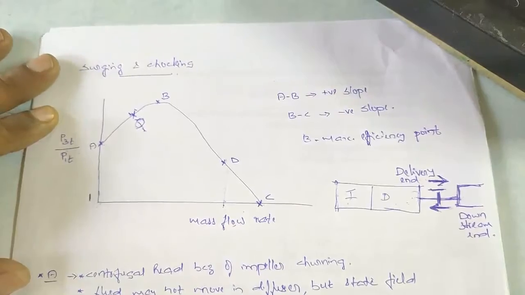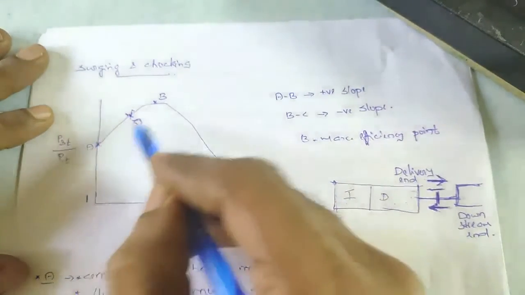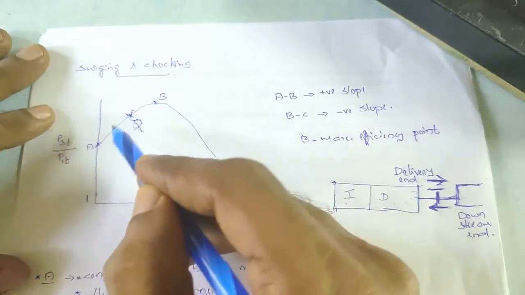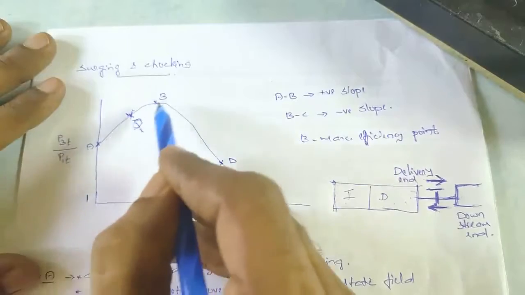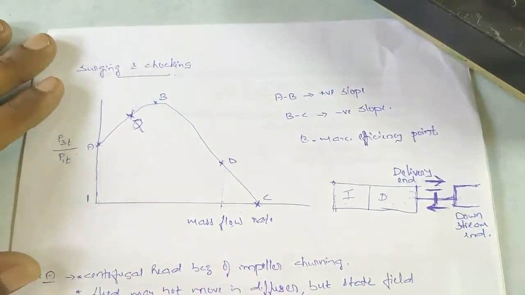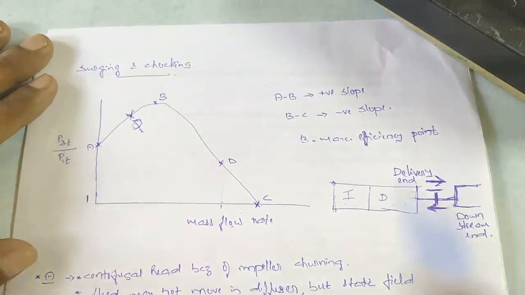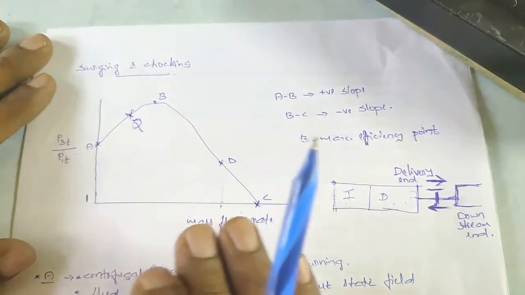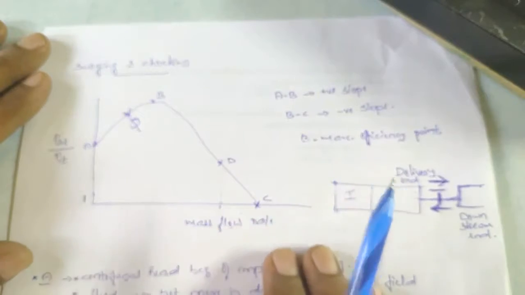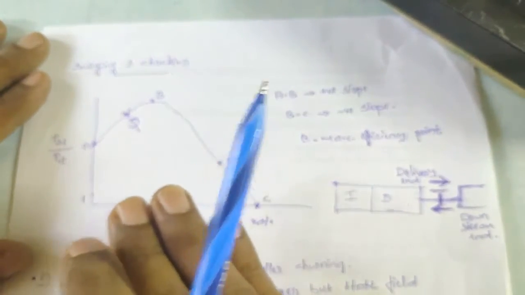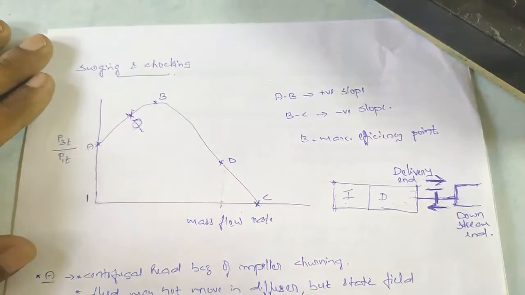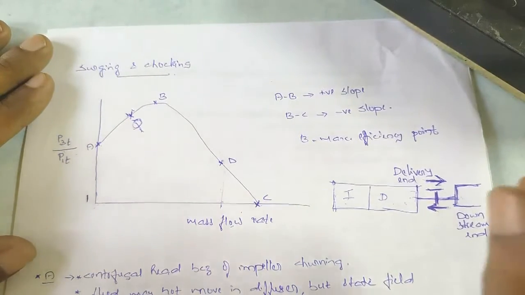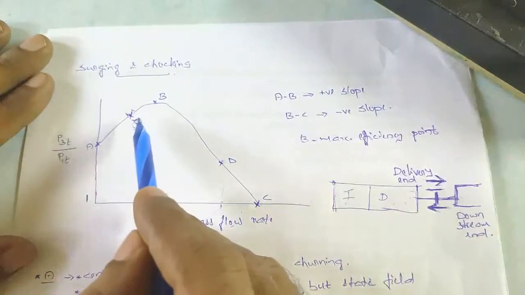Now we will continue our discussion on the part AB. This AB part is known as an unstable part. Consider an operating point Q on the AB part, the positive slope part. The compressor is operating at the point Q. It has achieved a steady state and it is delivering air. But with a small disturbance, for example, if we close the delivery valve a little bit, that means the mass flow rate decreases,